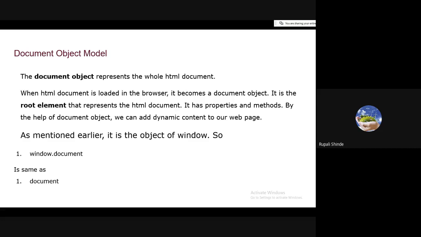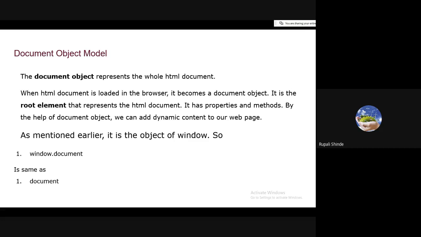As we have seen, we can create an object without the help of a class. Up till now we have seen objects and classes, both like brothers. If a class is there, then an object is there. But in JavaScript there is no need to define the class. Again, the definition of the object concept is going to increase. In this case, one complete HTML document is considered as one object.